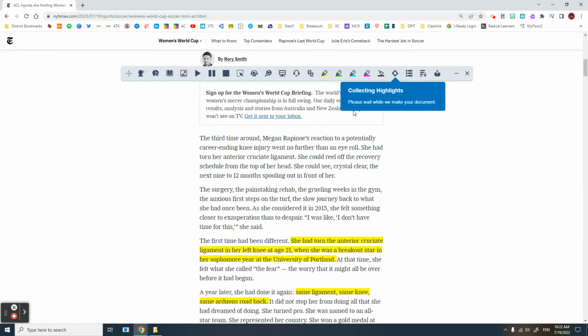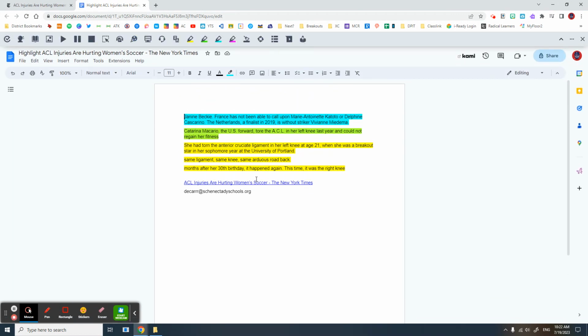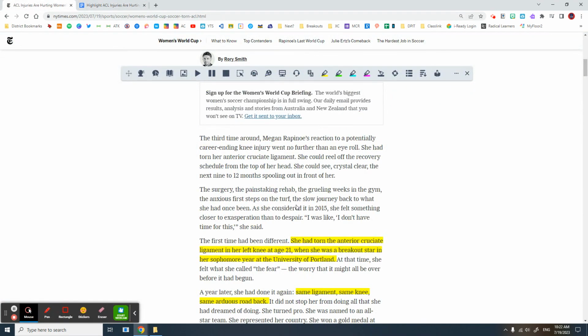It's going to do that. And then what it's going to do, this is the cool part, is it takes all your highlights, puts them together, even gives you a link to the article. And this goes right into your drive. So you have this, which is pretty fantastic for kids who are reading and trying to research. Really super helpful. Okay, so if we go back,